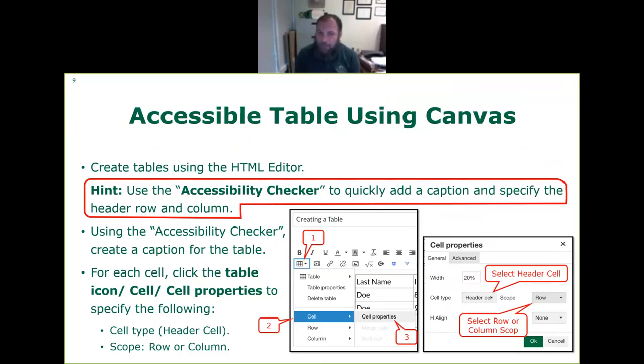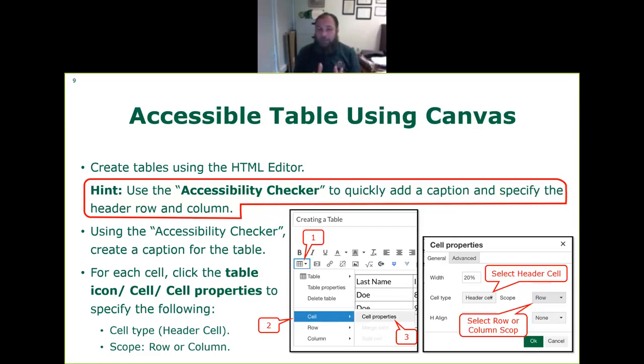Now, when it comes to Canvas, you also can create a table inside Canvas. Like you start, for example, a page or maybe a header or something. The point is, you will see the HTML window. Normally it has all of these codes for bold, italic, underline, and this is called the HTML editor. And you click on table, and you click again table, and you create your own table. Then you need to specify the header row and header column and give a caption.